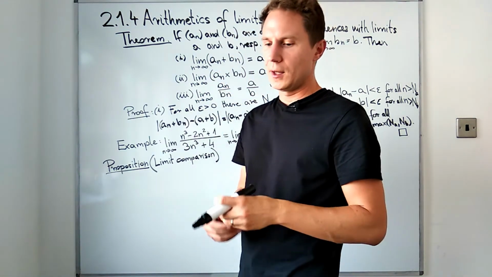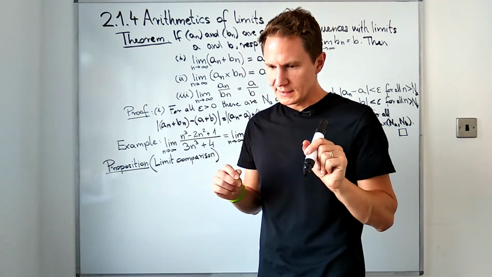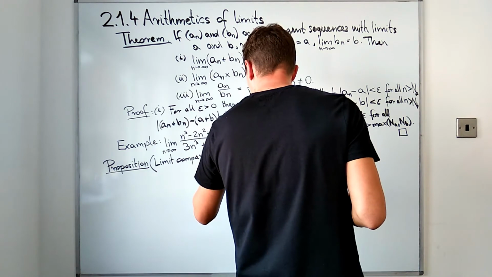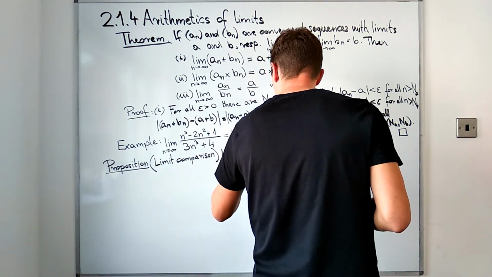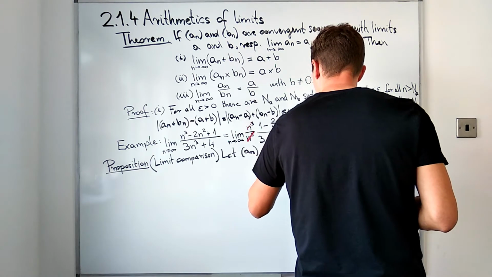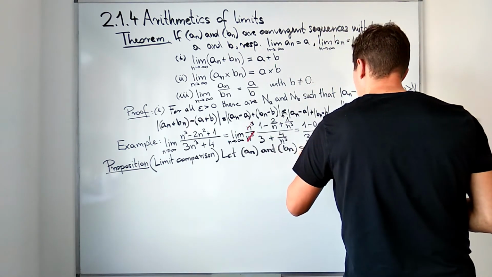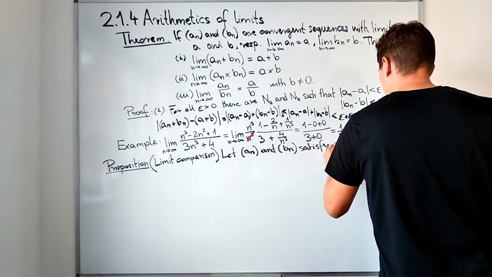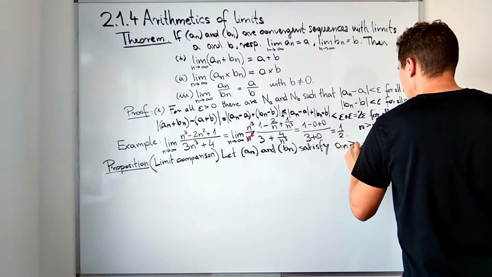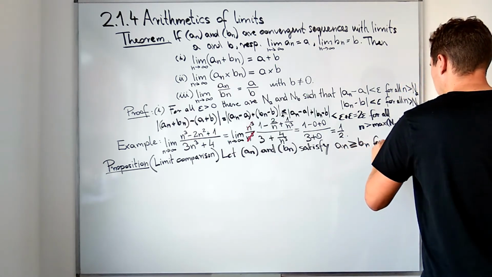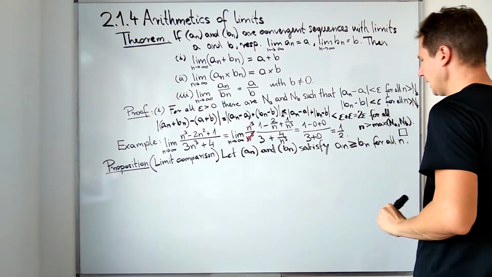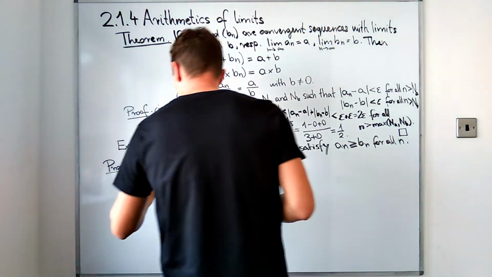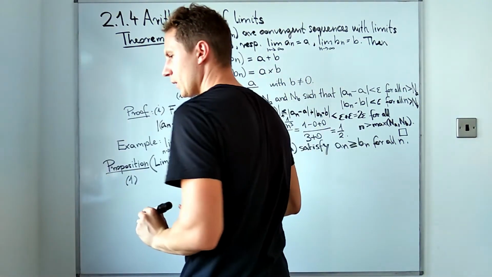Which means that if you have two sequences which can be related to one another in some way, so let an and bn satisfy the following inequality. Let's say that an is greater than or equal to bn for all indices n. Okay, so an is always greater than or equal to bn. Now then the following statements are true, assuming that